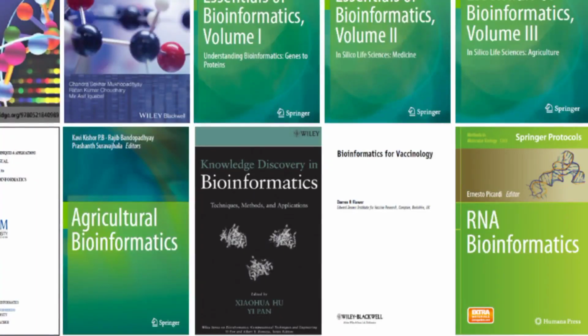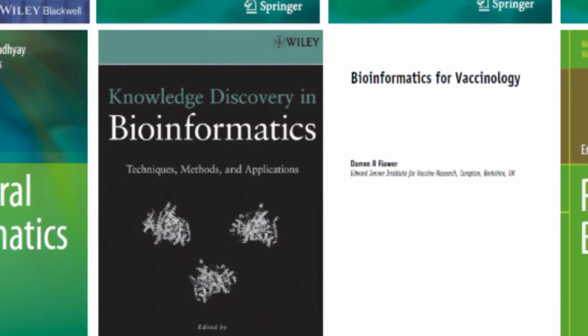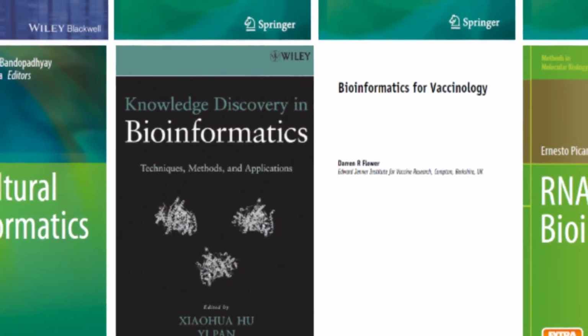And then there is agricultural bioinformatics for those in the agricultural field. Bioinformatics cuts across every aspect of living things: animals, plants, microorganisms. So no matter your field, whether you are studying animal, biomedical, veterinary, pharmacology, anything that deals with life, you have to understand and develop the skill of bioinformatics. Then there is this particular one that's linked to drug discovery, knowledge discovery in bioinformatics,